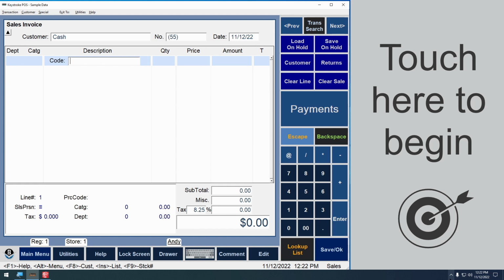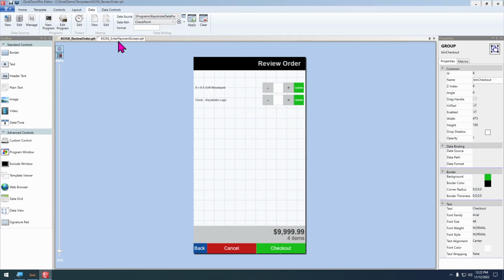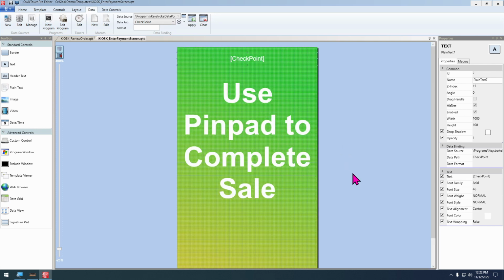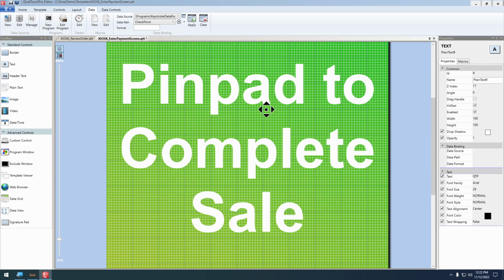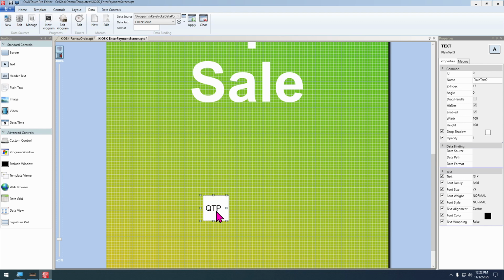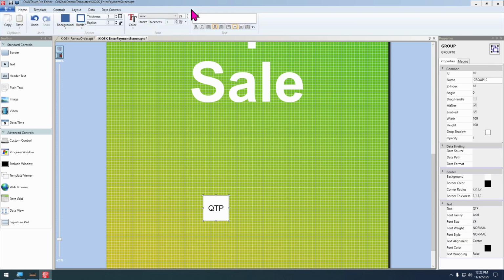So the next thing we're going to do, let's go back into QwikTouchPro Editor and our enter payment screen. I'm just going to add a little demo button on here to simulate that cash payment instead of having to go to QwikTouchPro and hit F10. And again, you wouldn't have this button on your real kiosk because you're going to use the pin pad to finish the sale. This will just give us a button to click on, save that,